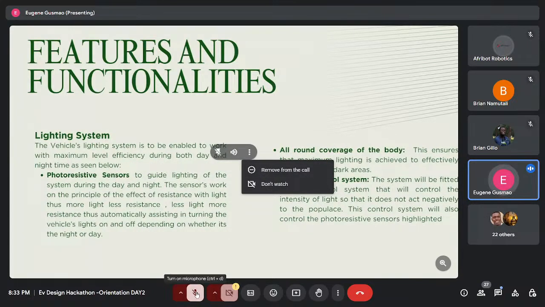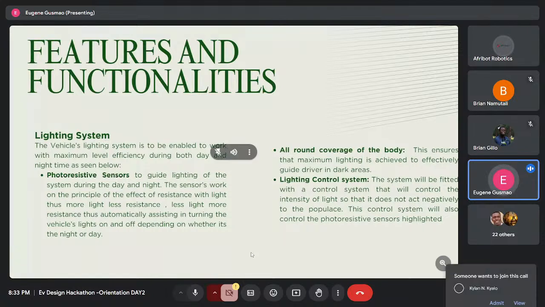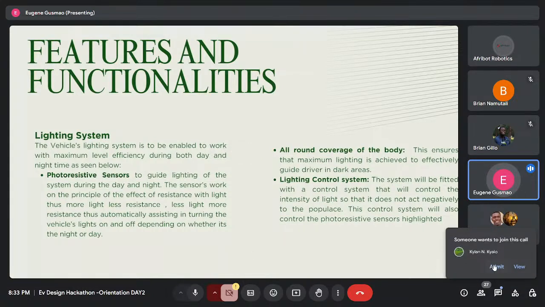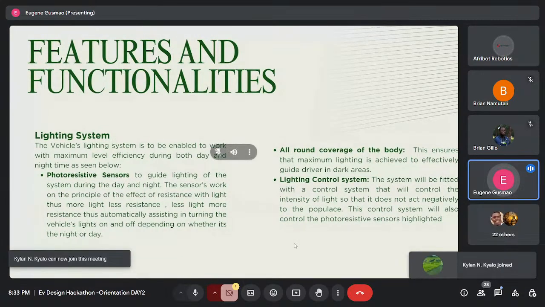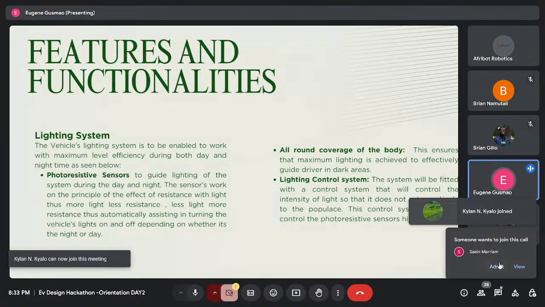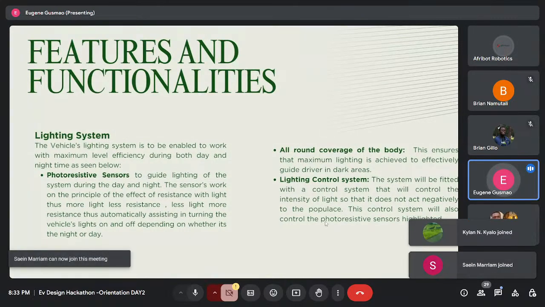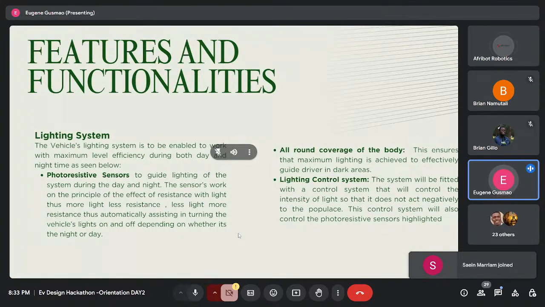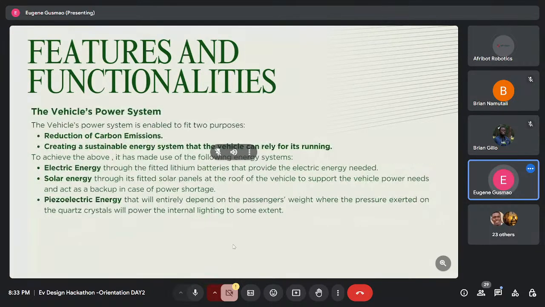On the lighting system, as I've said before, it will make use of the control system in order to control how it lights the vehicle during both daytime and nighttime. It will make use of photoresistive sensors, providing all-round coverage of the body, as you've been able to identify on the body itself. So for the vehicle power system,